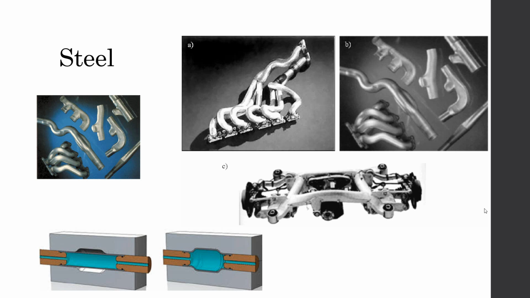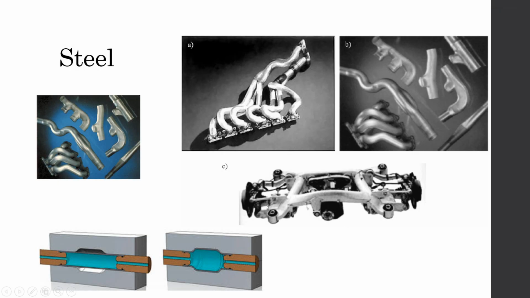As you can see in the image, the liquid enters and generates the pressure that the piece needs to take the form of the matrix or of the presses that are in the machine. So as you can see, hydroforming is the perfect process to produce pieces of steel that are sheets, because